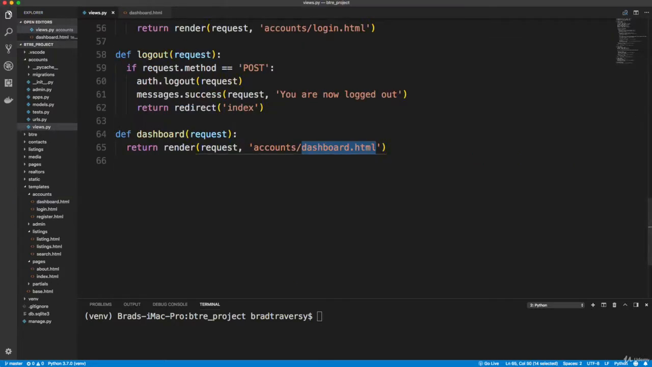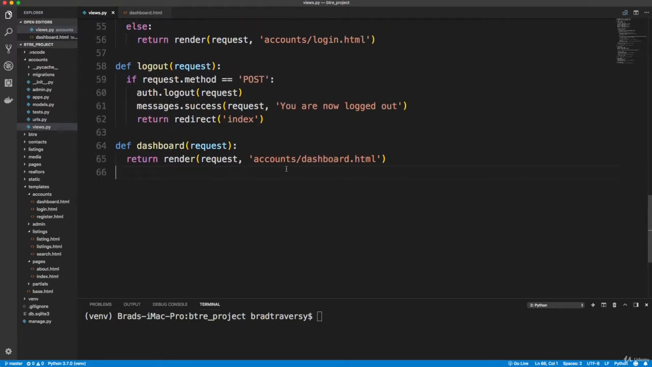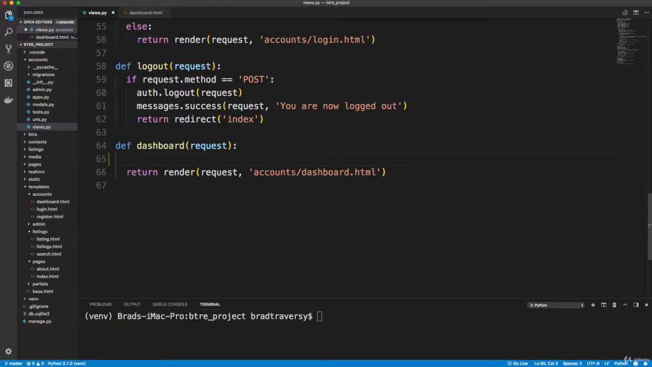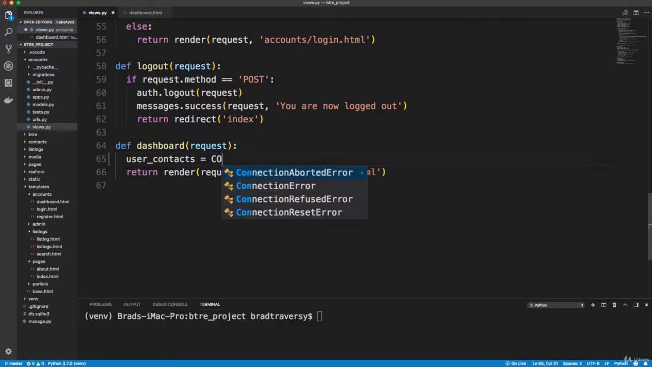In our views.py, we need to basically just reach in and get the contacts or the inquiries of a certain user. That user is obviously the logged in user, which we can get by using request.user. Okay, so that's something that is available to us. So right here, I'm going to say user_contacts, and I'm going to set that to the contact model,